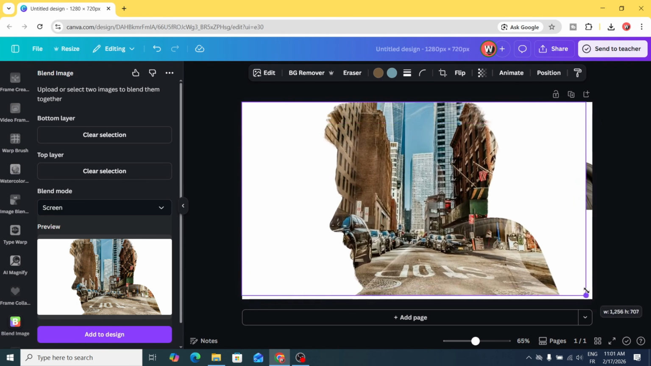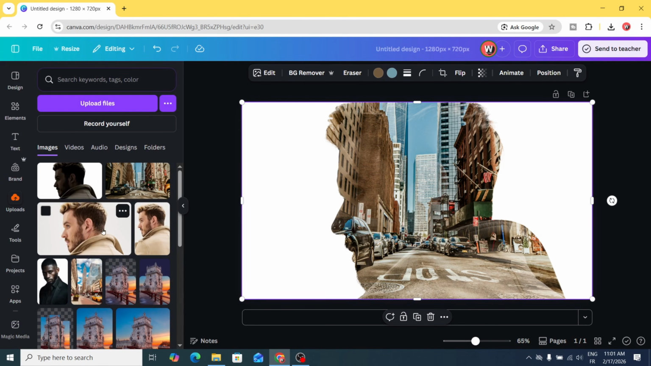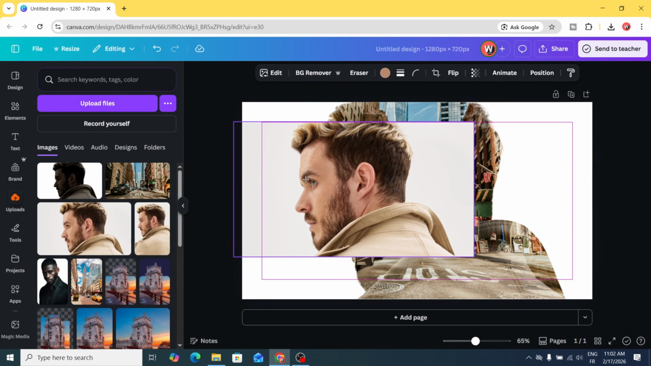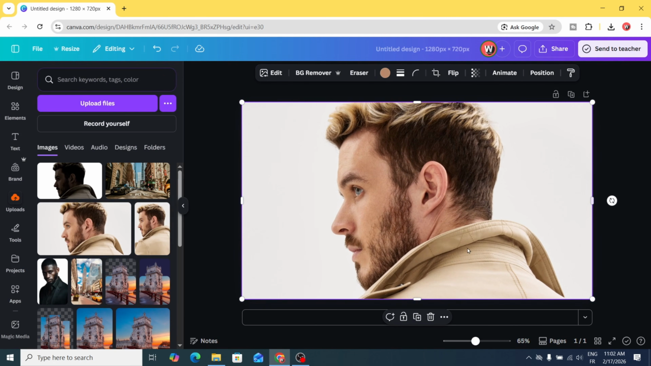Adjust the size to cover all the page and bring the first image and place it in the top. Remove the background. Go to apps